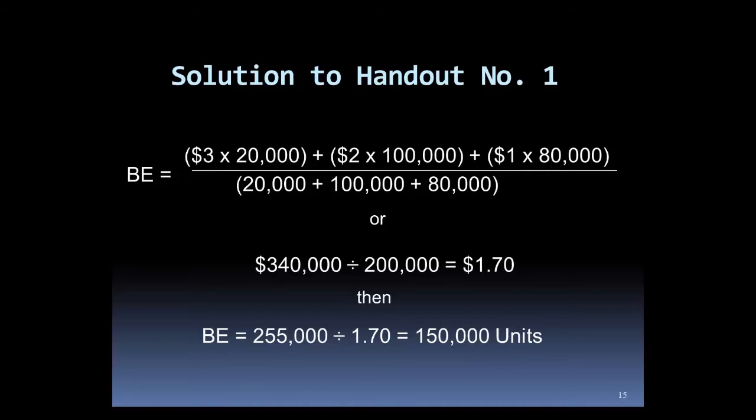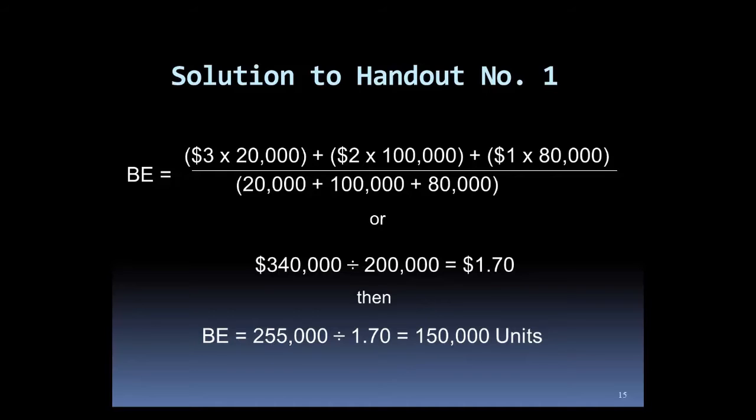So we have to take the $3 times the 20,000 meals, plus the $2 times the 100,000 meals, plus the $1 times 80,000 meals, divided by the 200,000 meals. So when you multiply those dollars out in the numerator and add them together, you get $340,000 divided by 200,000 units, or